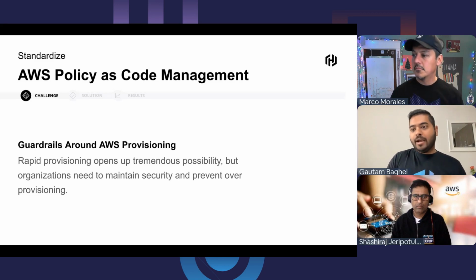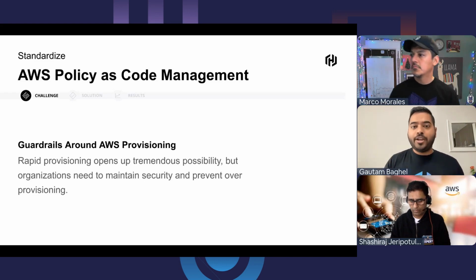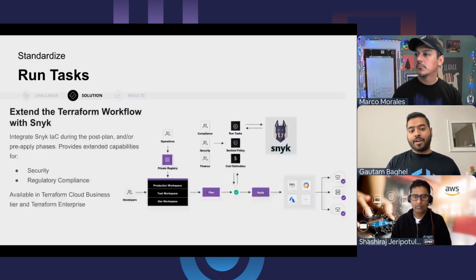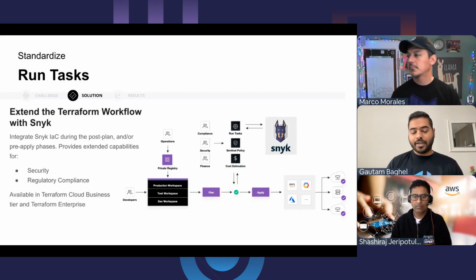So with Terraform Cloud and Snyk's integration with Terraform Cloud, I'm going to show you how, even if you try to, you cannot deploy infrastructure that's misconfigured, right? Extending that workflow with Snyk gives us that ability.